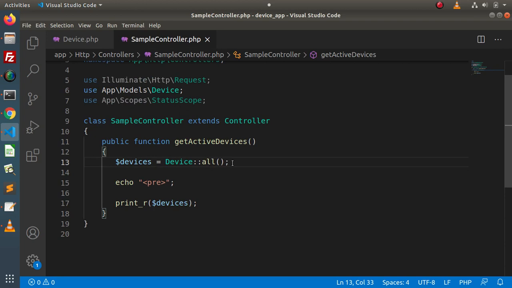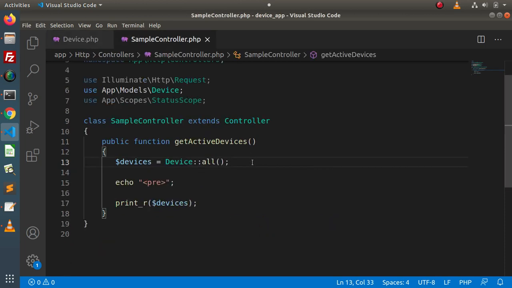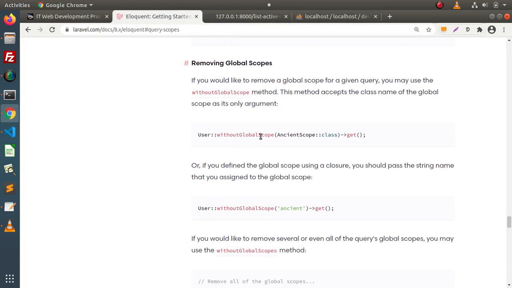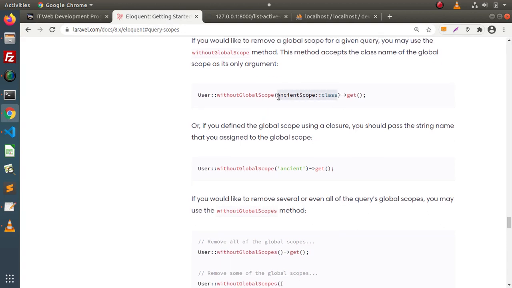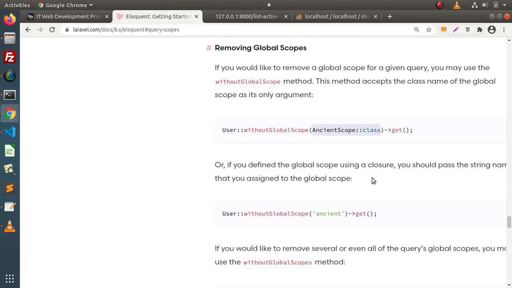Now in the last video, we had also seen a concept that in some cases, if we don't want to apply this global scope inside this query, how can we remove that? So simply, if I go to the documentation, the same method we will use, called withoutGlobalScope, but this time we are not passing any class. Instead, we have created an anonymous global scope. So in that case, simply we need to pass the name here. So what I will do, if I copy this syntax,